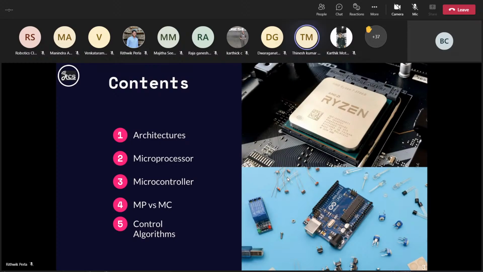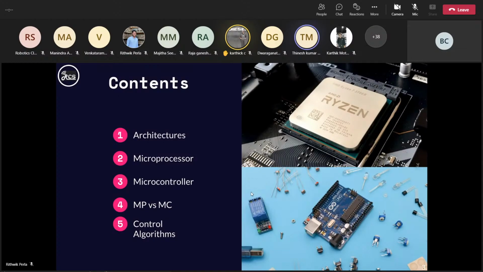But do you know about a microcontroller? You can just raise your hands if you know about a microcontroller. Krishna knows, Priyadarshini, Karthik. Yeah, that's really good actually. Most of us don't know about microcontrollers, so it's really a good thing that you know about them. Microcontrollers are a major part of the robotic system, and we will be discussing them in detail today, which will be handled by me.